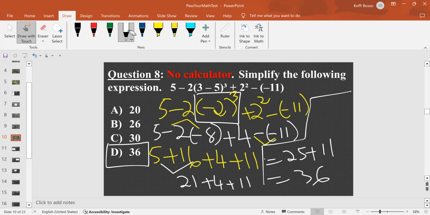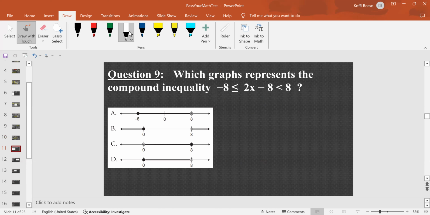The next question, question number 9. Which graphs represent the compound inequality? This is a compound inequality. The reason we call this compound inequality is that we have two inequality symbols. Yes, two inequality symbols. Okay, so negative 8 is less than or equal to, that's the way we read the